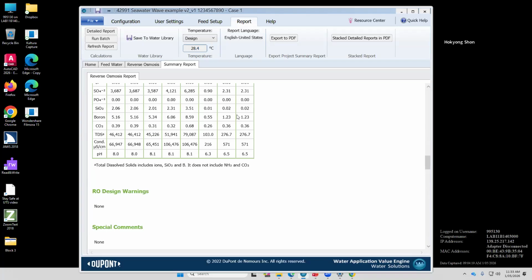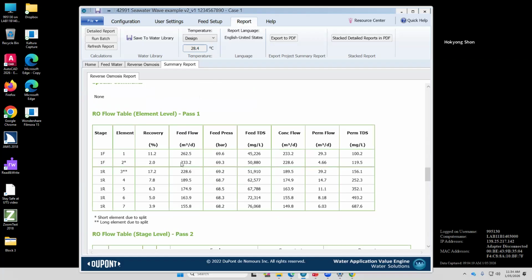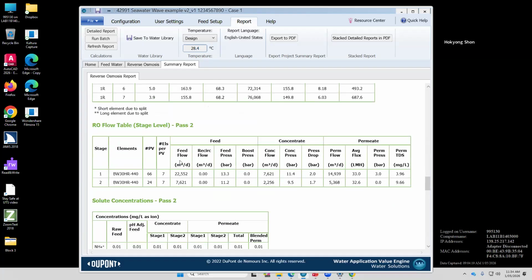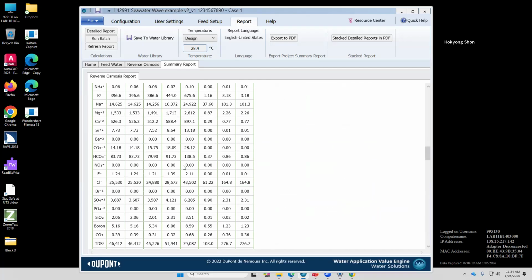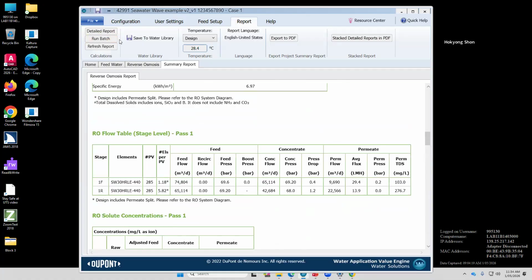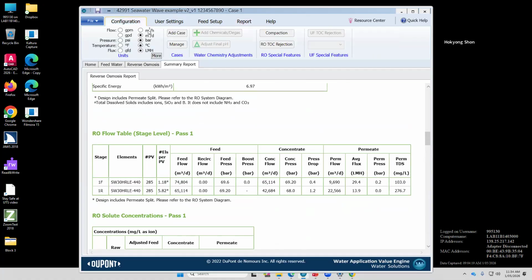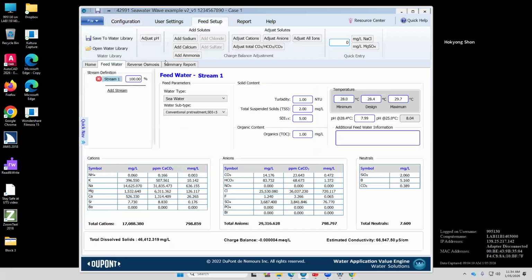This cycle, as well as how much energy the pump consumes, and then how much cost will be required for your system. So if you provide this to your customer, even for your assignment 3, they will see more detail, making sure everything is in a detailed report. So we have several important pieces of information here: how to add some of the chemical, and then how to make sure that your